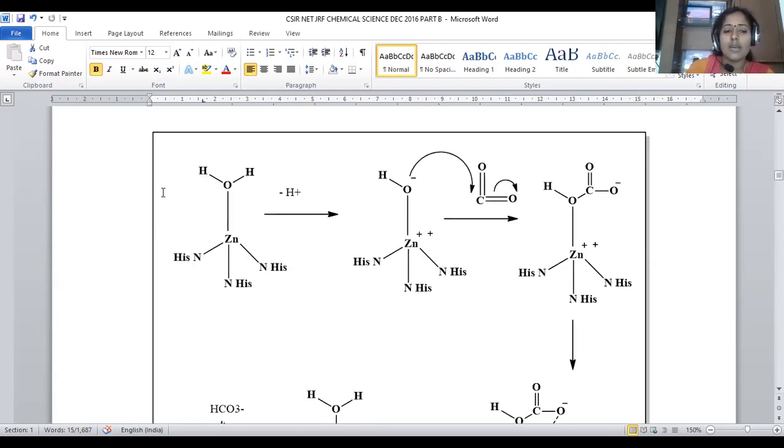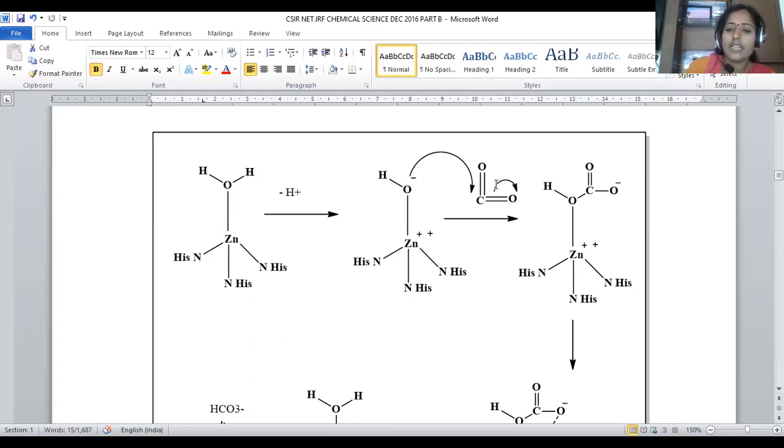So here is the enzyme, that is carbonic anhydrase. Zinc is bonded with 3 histidine molecules through the nitrogen atoms, and 1 aqua water will be combined with this. When more nitrogen atoms are present on the zinc, what will they do? Because of the -I effect, the electron density on the zinc will be totally destroyed. So it will become electron deficient, so that a more acidic nature will be there. So here the bond polarization of water will be very high in this carbonic anhydrase enzyme. Subsequently, it releases H plus ion from oxygen and generates hydroxide. OH minus will be formed readily.